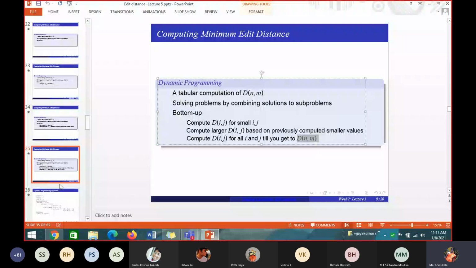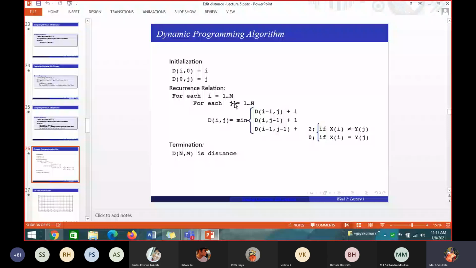Okay. So now see here, next, this is the algorithm. Please make note of this point alone, students. This is what we wanted for calculating this problem. So first we start with i equal to 1 to m, j equal to 1 to n. So how are we calculating the distance for each and every i, j? Please make this in the notebook. I cannot come back again when I am solving the problem. You should have it with you.